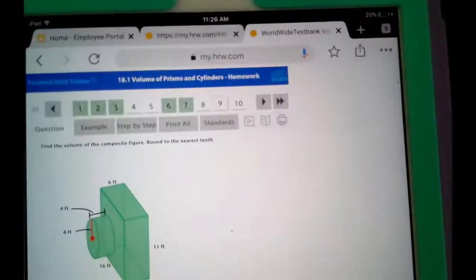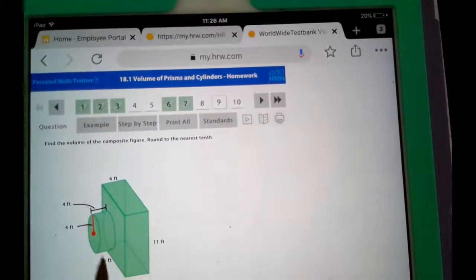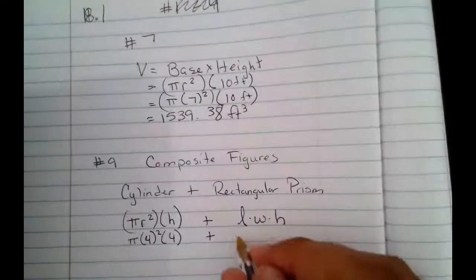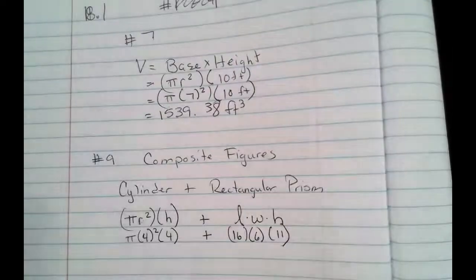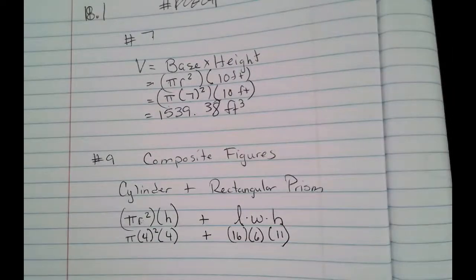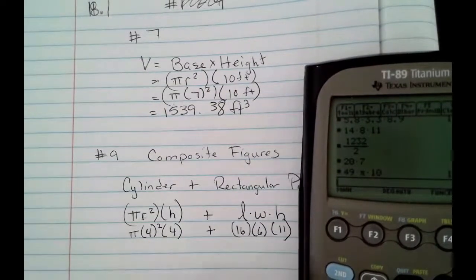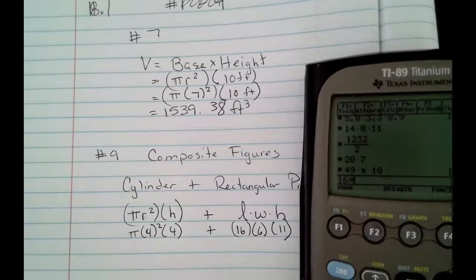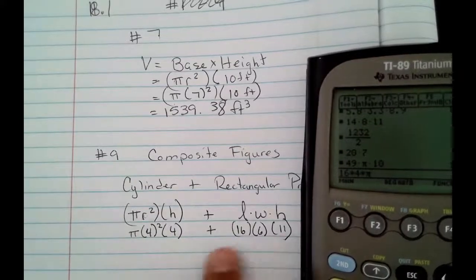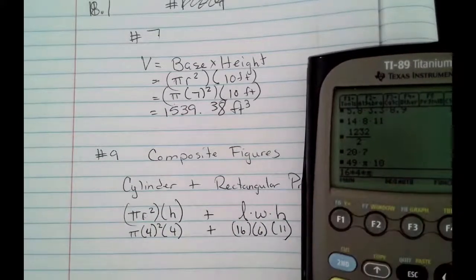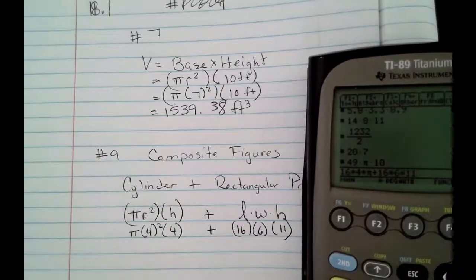Plus, if I look at this right here, we have the width to be 6, the height to be 11, and the length to be what? 16. So this would be 16 times 6 times 11. Now I have to work all of this out to get my answer. Well, here we go. 4 squared is 16 times 4 times pi. And this calculator gives me the opportunity to plug in everything. Plus 16 times 6 times 11 will give me an answer of